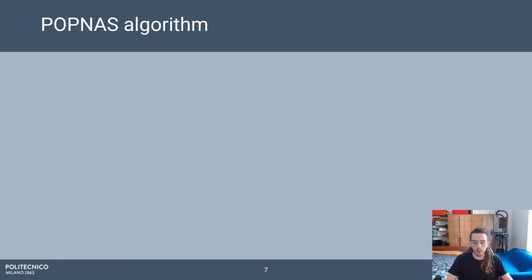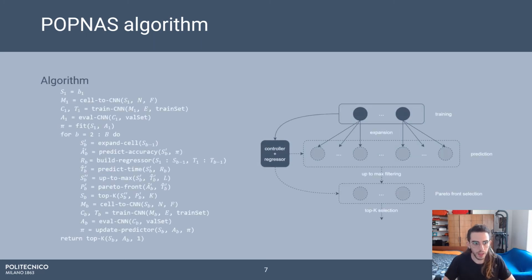So the algorithm can be summarized as follows. As we said before, we are using a simple to complex approach, which means that basically we start with cells composed by only one block. We train and evaluate them and we fit the controller. Then we expand them to all the possible permutations of operations in terms of convolutional layers and pooling layers, and we evaluate them in terms of accuracy and training time.